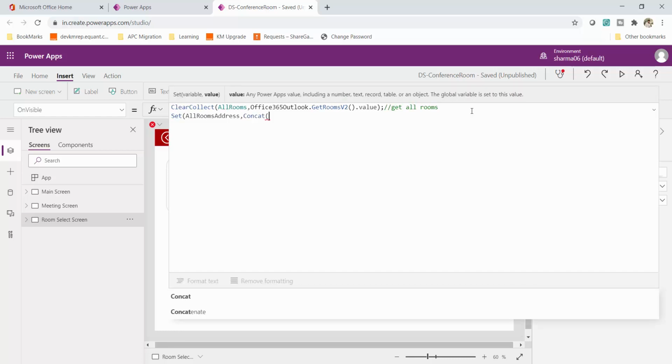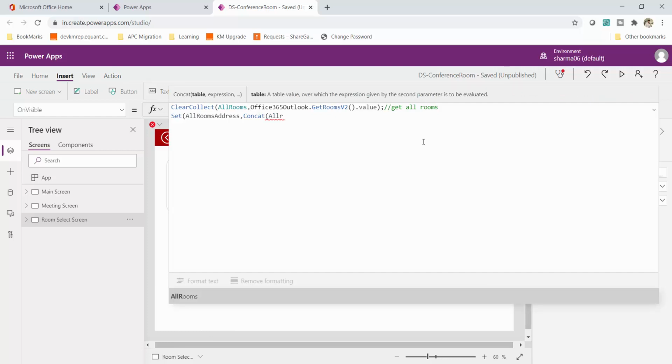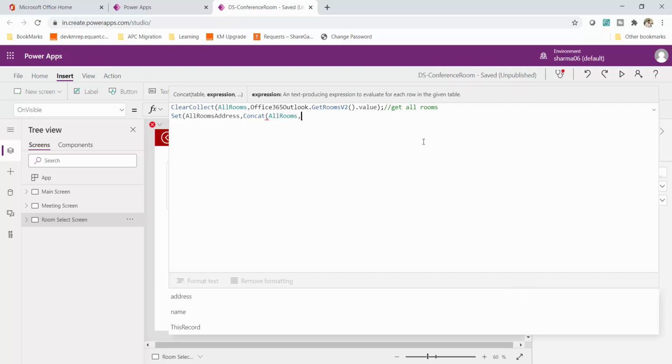See, Concat. Now it will ask me for the table, as you can see at the top. The table I have is all rooms. Okay, fine, comma. Then it is asking me for a text-producing expression to evaluate for each room in the given table. So what expression shall I use? At the bottom I'm also getting IntelliSense. What you need: address or name. I want the address.